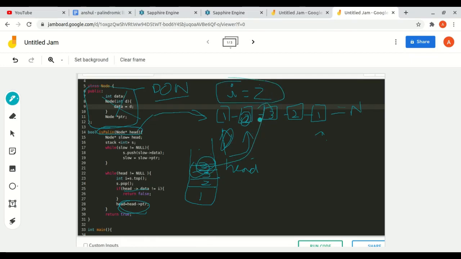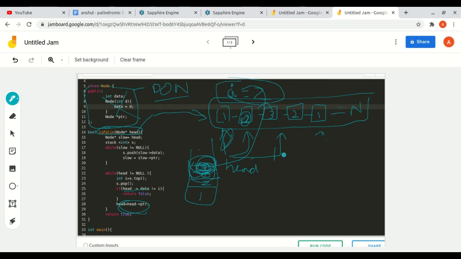So we just traverse this linked list, and at the end, if there is no false return, that is, no statement in which the data of head is not equal to the topmost element, the element which we are currently at.